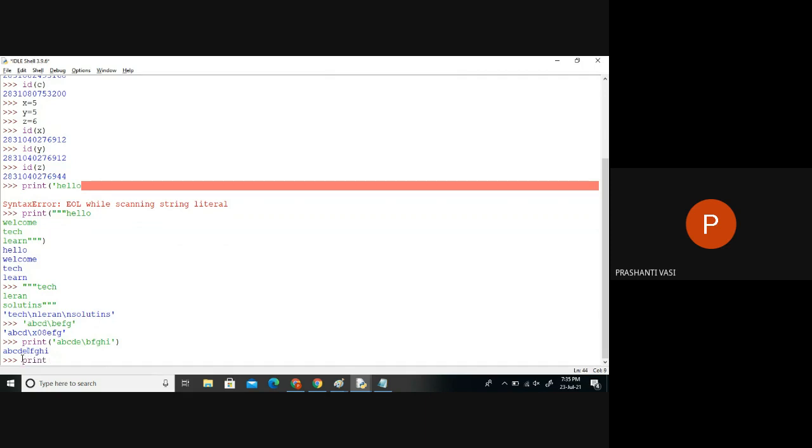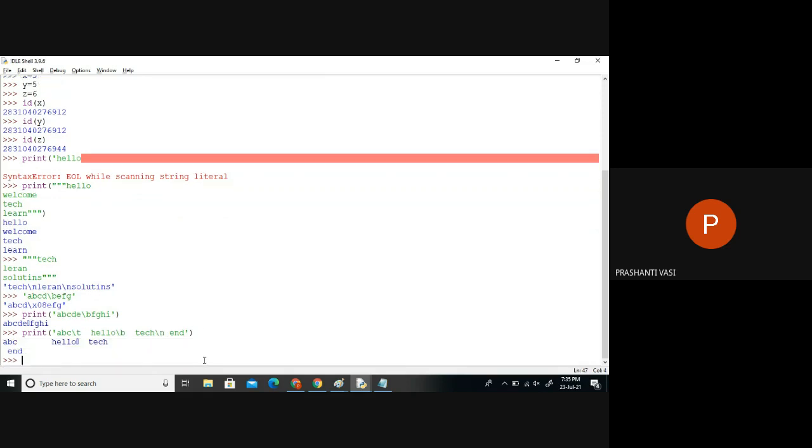Any special character like a tab: slash t means tab. So I'm writing hello and then giving backspace. In the same way, I write tech and a slash n. These are some characters I'm trying to bring in: the tab button, backspace button, and slash n button. When I print it, you can see ABC, after that we got a gap, a tab space is added.